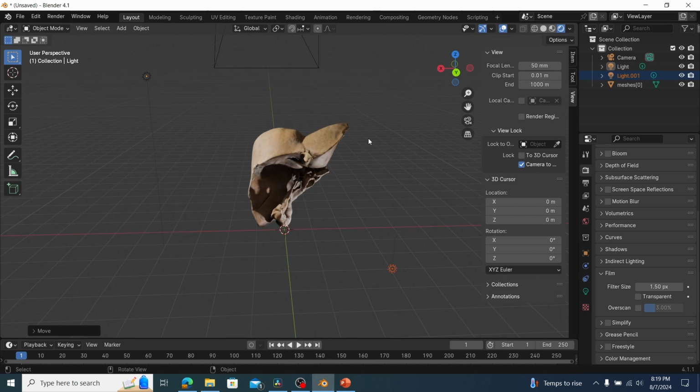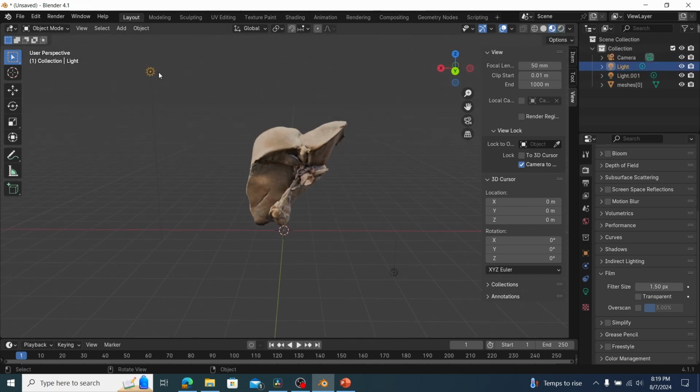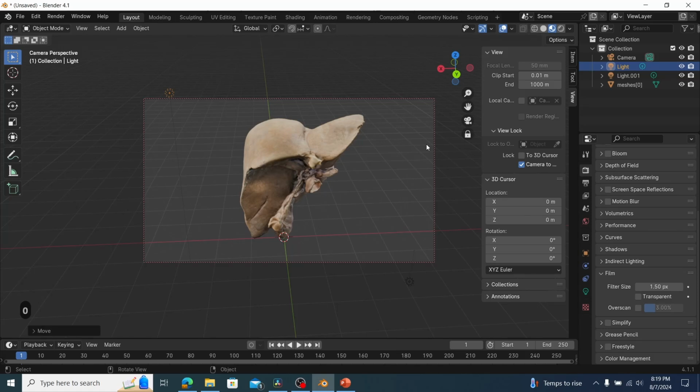The better version is just to take the lights out of the equation by hitting the Material Preview tab. Okay, so now it doesn't matter where we have these light sources, it's not going to affect the liver at all. Okay, so we're going to go back into our view, and if we were to just take a picture,